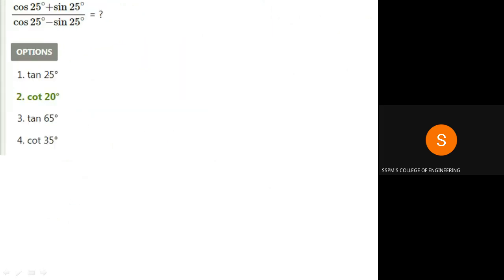Okay, now we move on to the next example. See, this is the example. Before solving it, I will provide you the necessary formula here. What is the necessary formula? Suppose